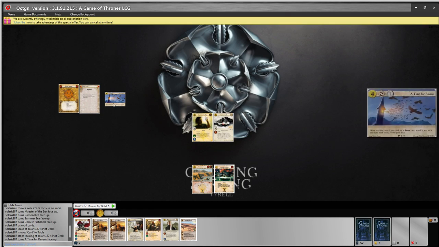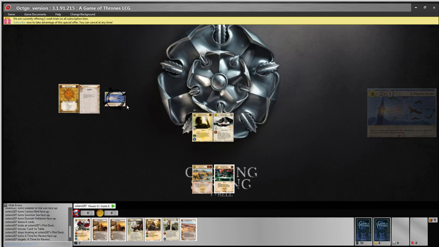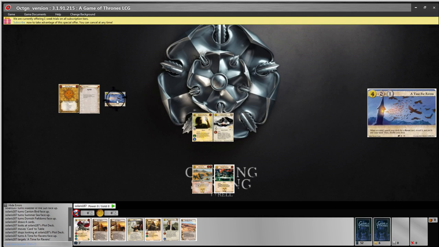For example, I want to bring attention to a card in play. In this case, I want my opponent to understand that I have a Time for Ravens in play, which actually has a when revealed effect. So if you hold down Shift and you left-click on a card, you'll get this target. This brings attention to the fact that you want somebody to look at this card that's being targeted. In this case, I want my opponent to see that I need to go fetch a Raven card out